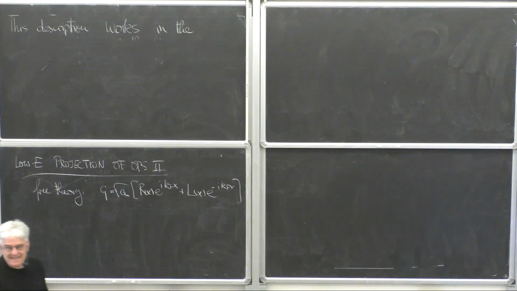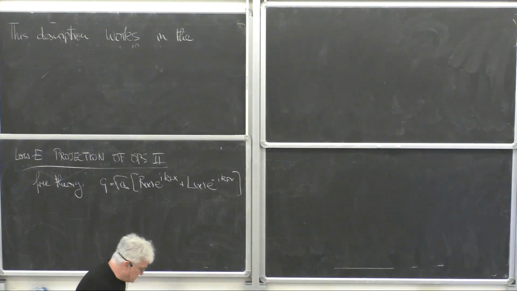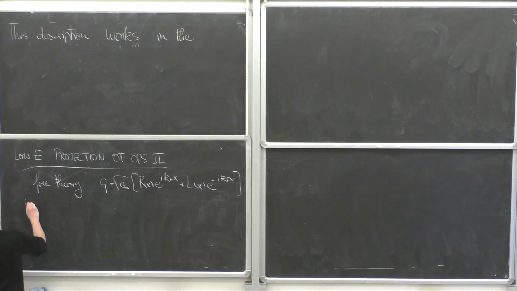And that led us to understand that if I look at the two-point function of fermions, I will have oscillations that go like e^{i k_F x}, e^{-i k_F x}. But for example, there would be no oscillations that go like e^{3i k_F x} or e^{5i k_F x}, etc. So in the interacting theory,